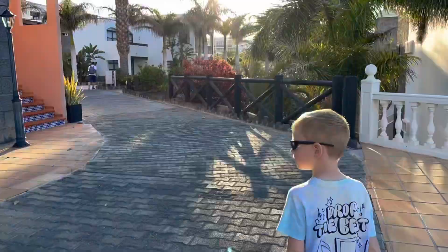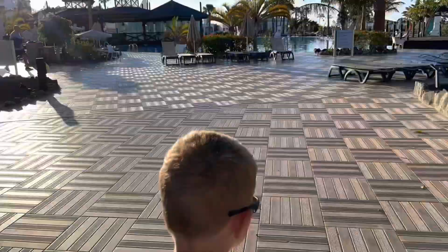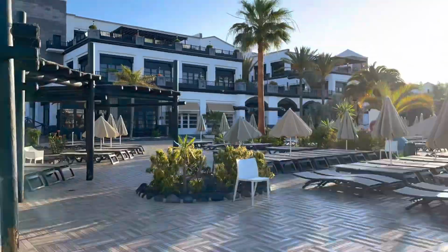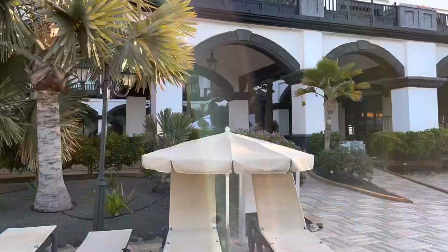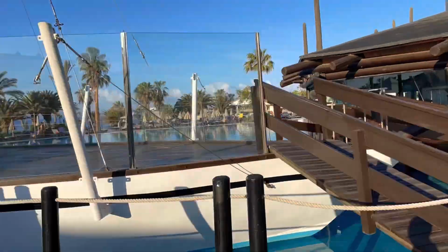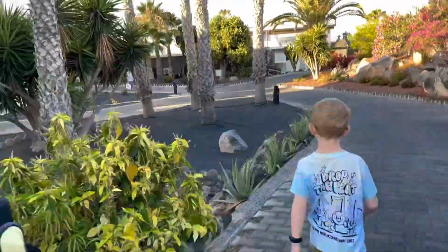And you've got the bar there, the sports bar. And you come across, and then there's Mike's Cafe there on the left. And you walk up the main bit then to the main large pools. And then around the pools you've got the restaurants, the Sakura and the Choza, and you've got the Italian as well. Then over the bridge by the boat, over the pools, down the other side onto the path,